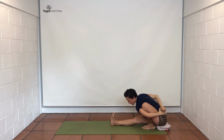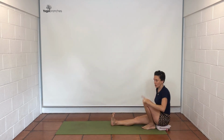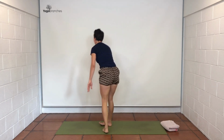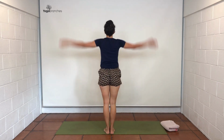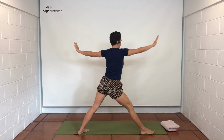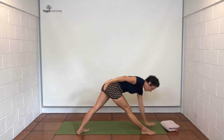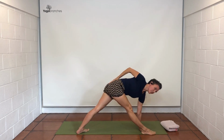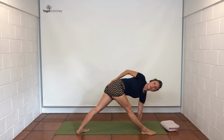And release. So let's take that straight now into revolving Trikonasana. Come up to stand. Jump the feet apart. Right foot out, left foot in, and then take the left hand down, right hand on the sacrum, and continue as if you just rolled directly from Marichyasana 1 to Parivrtta Trikonasana, those back left ribs revolving